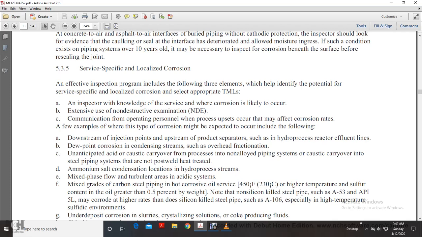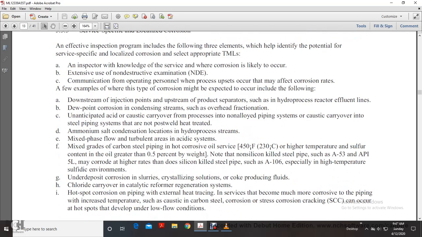Operation personnel should be consulted about upsets that may occur and affect the corrosion rate. A few examples of where this type of corrosion might be expected include the following: downstream injection points; upstream product separators such as hydroprocess reactor effluent lines; dew point corrosion in condensing streams such as overhead fractionators; unanticipated solids corrosion; acid or caustic carryover from the process into non-alloyed piping systems; caustic carryover into steel piping systems that are not post-weld heat treated; ammonia salt